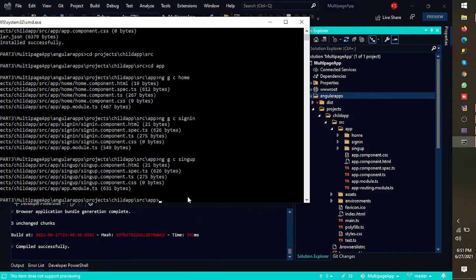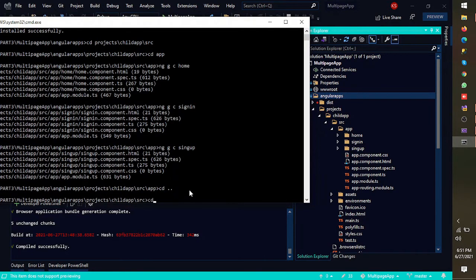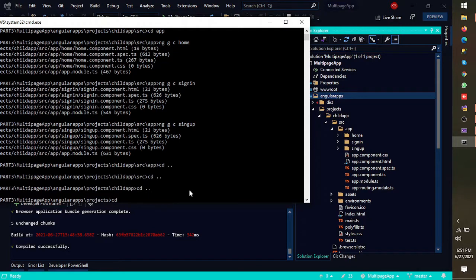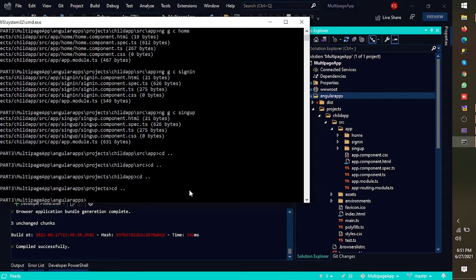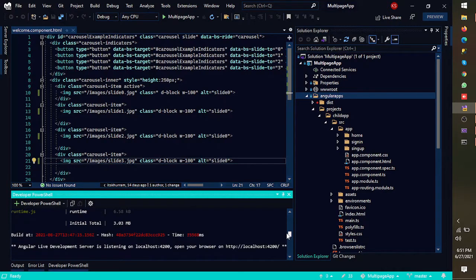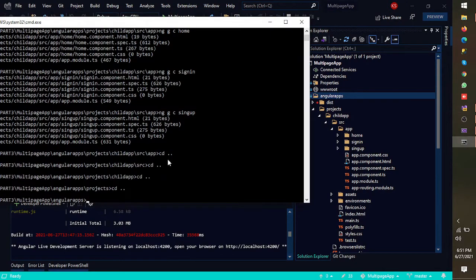Let's run our application and see if it's running as per our requirements. You know we have run our Angular application on port 4200 in our terminal. Here you can see that. Now I am running the second Angular app, the child app that we recently generated.